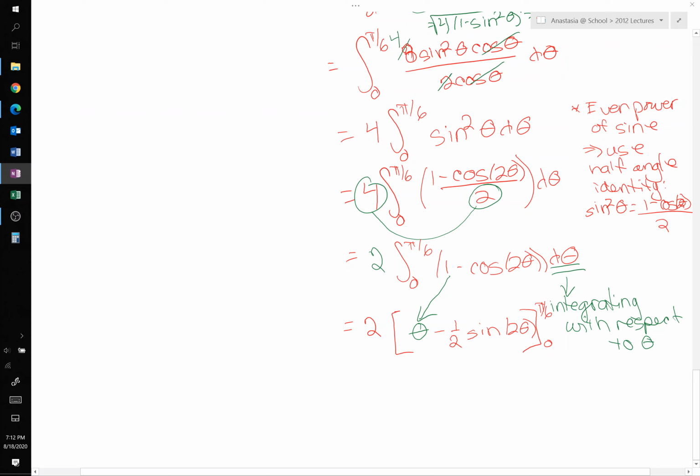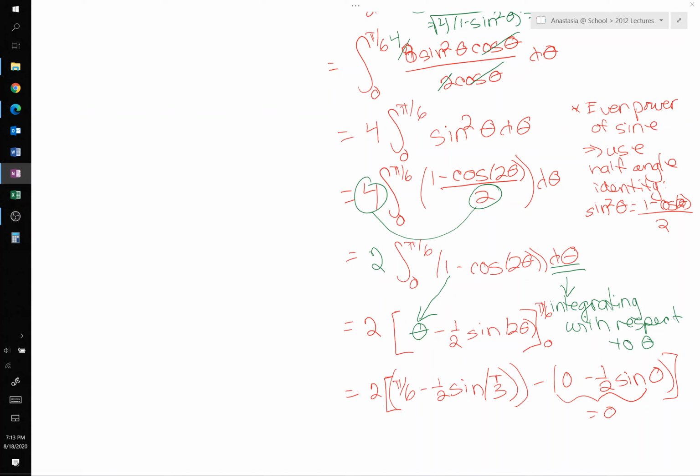So now we just need to plug in our bounds. We're going to have 2 times plugging in pi over 6 for theta, then we have minus 1/2 sine of 2 times pi over 6, which is going to be pi over 3, then minus 0 minus 1/2 times the sine of 0. Nicely enough, that should be a 0. All of those terms end up going to 0,